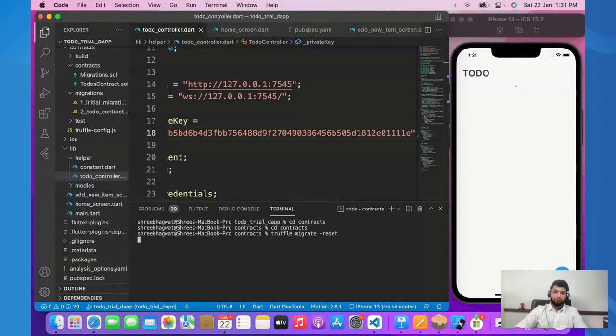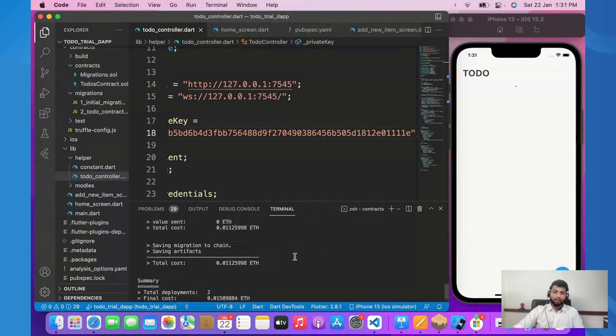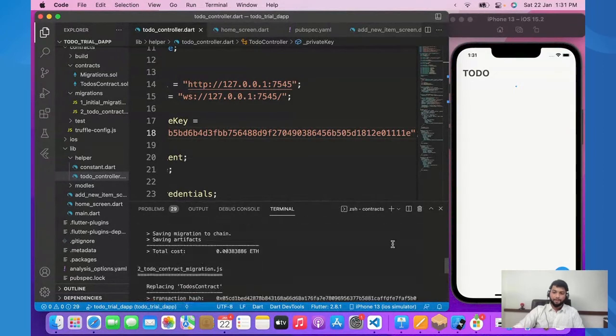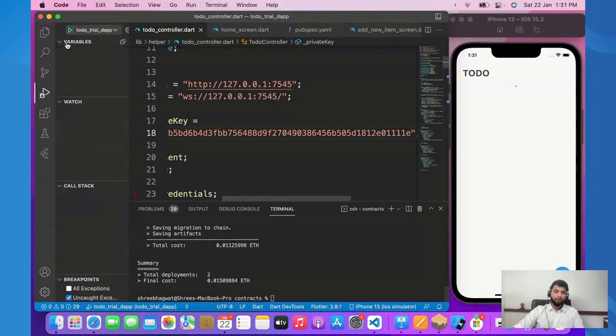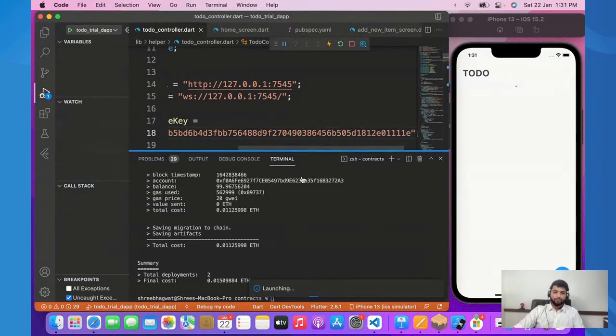I've already done this, so I'll have to use the reset keyword. But you guys won't need reset. All you guys will need is just truffle migrate. Okay, and now if I play over here, I think now this should work.